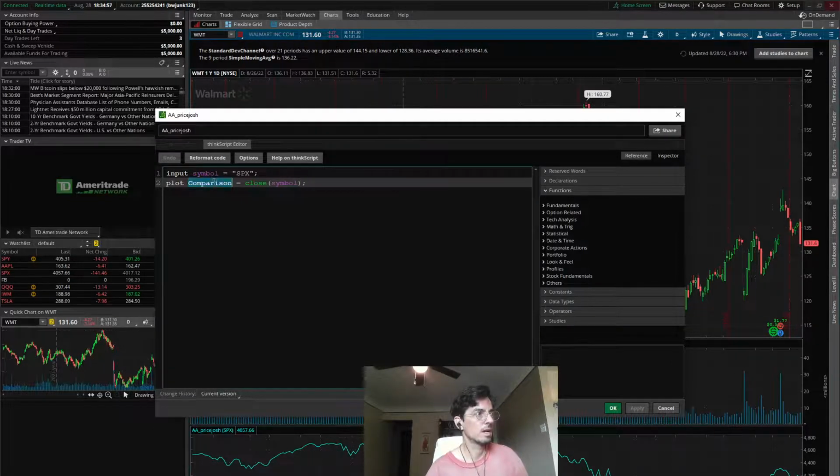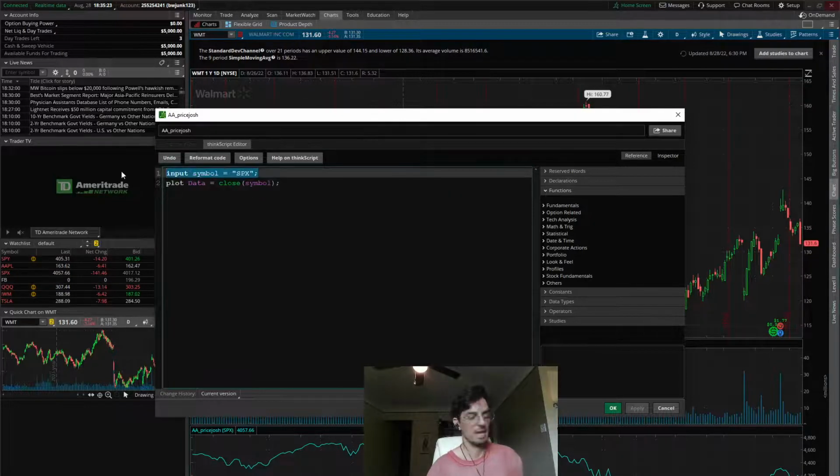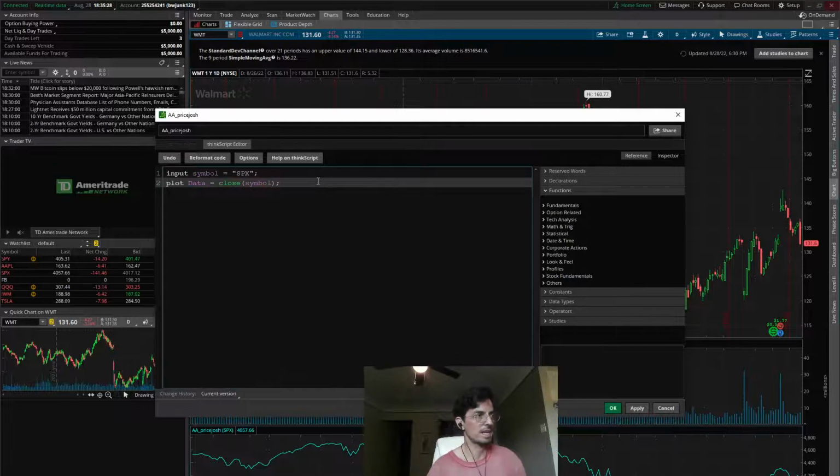Plot. This could just be data. Data profile. I don't get that. I don't know why this has to be data. Same thing. Like there's keywords for what it's going to plot. Anyways, once again, plot data. It doesn't need to be that. The symbol just shows you can plot a different symbol's data from the one that you have selected here, but it'll still use the same thing.